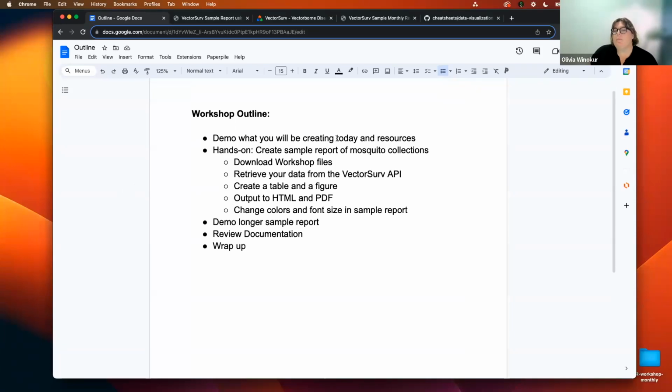So first I'm going to demo the report that we'll be creating together as a group. We have a really diverse set of agencies, diverse set of experience in R. So this is a very simple report. It requires you to have 1 year of data in VectorSurv or just some data. So I'll demo that, and then